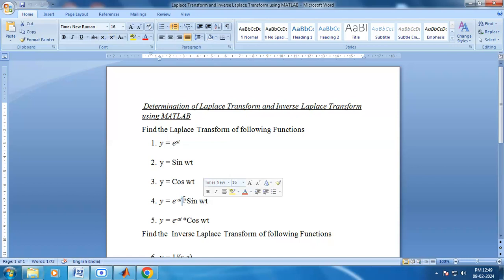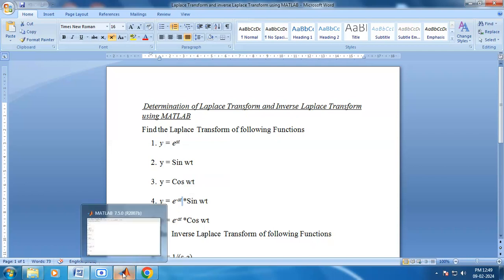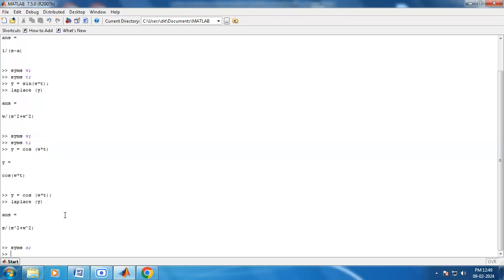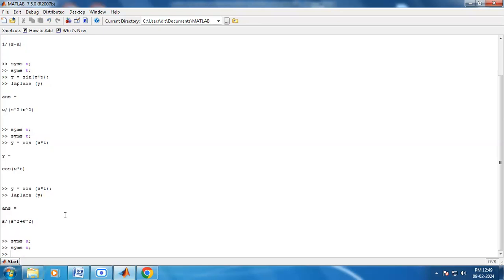So define the variables a, omega and t. So syms a, syms omega, syms t,